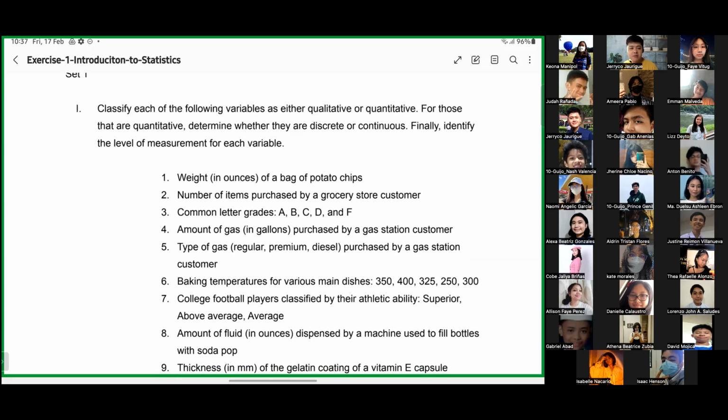And then, announcement muna, you will have your first exercise. Parang quiz yan, no? First face-to-face quiz for Stat 1 on Tuesday. So, scheduled yun for 1 hour, pero 1.5 hours yung time natin. Pero, yeah, pang 1 hour yung exam. Alright? Do you have any question first before we proceed?